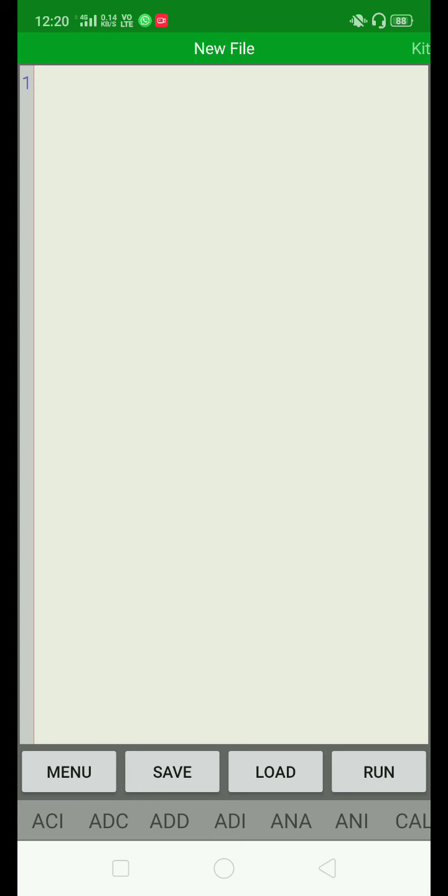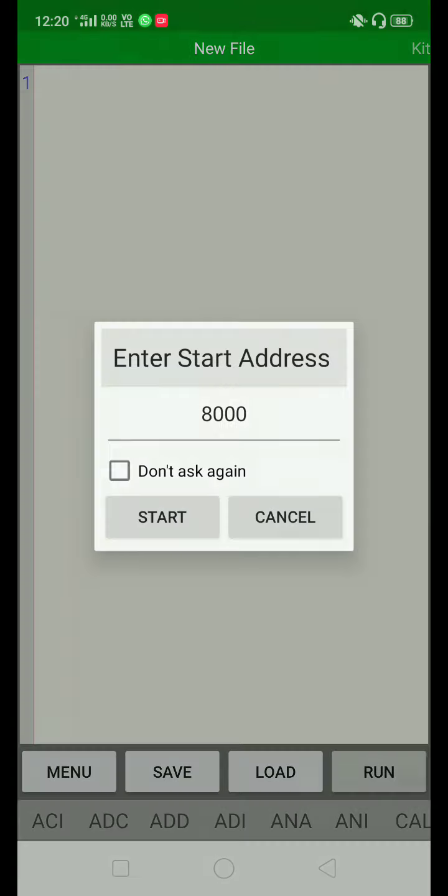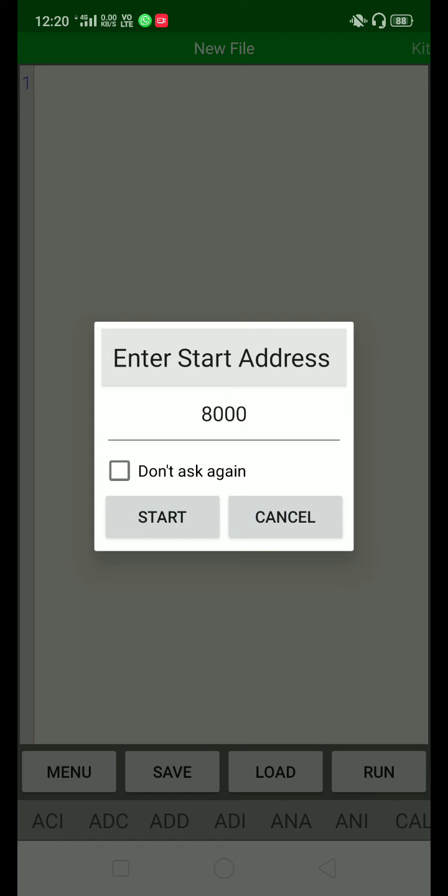So you can change that address simply by clicking on the run. After clicking on run, you will get this window, enter start address. By default, as this Ultimate app is concerned, the address is 8000 hex. If you want to change, you can change this.